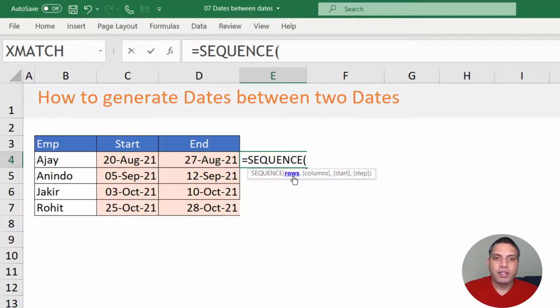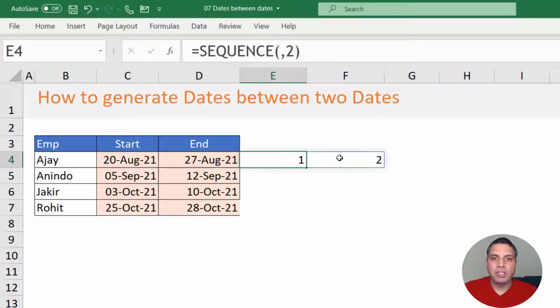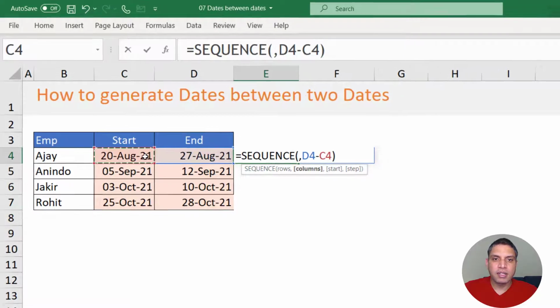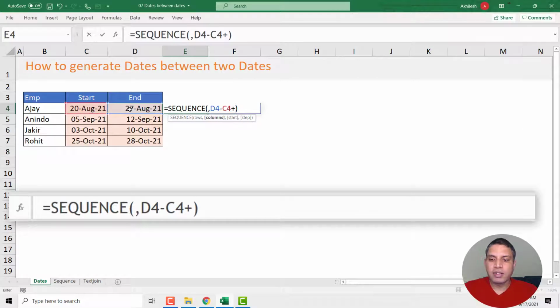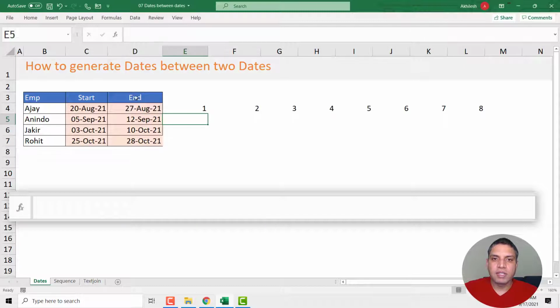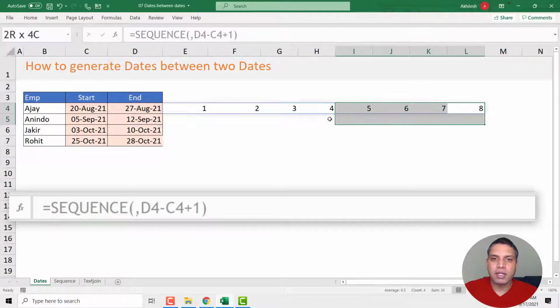Sequence, then how many rows or columns I want. I would not go for rows because I have other employees' data in that, so I will go for columns. If I leave the row portion empty and type 2 there, then it will give the numbers in columns. But I don't want 2. What I want is how many days. So the number of days I will calculate from this ending date minus starting date. And if both the dates are included in your vacation, then you can also add +1. When I press enter, you can see 1 2 3 4 5, total 8 days were there in